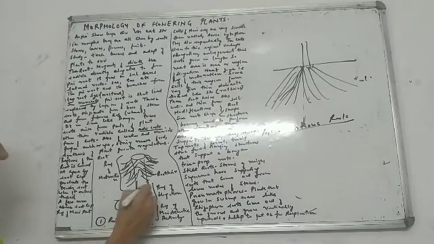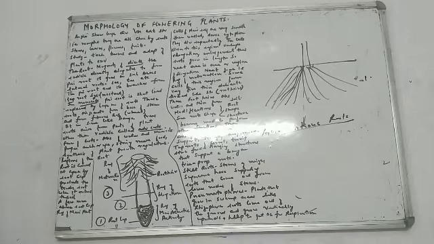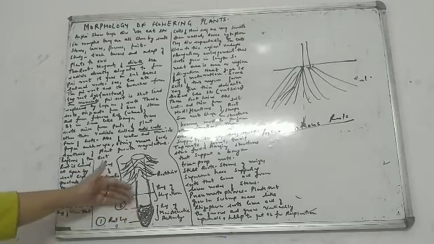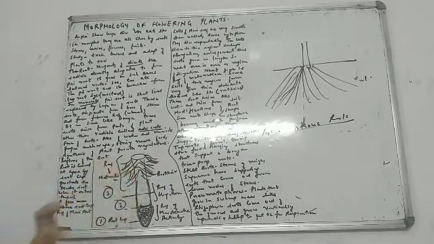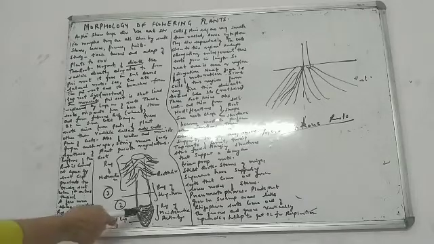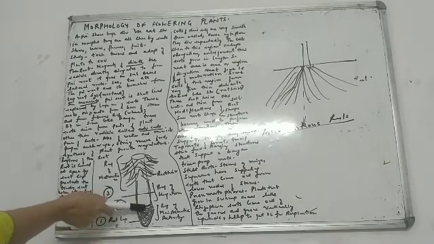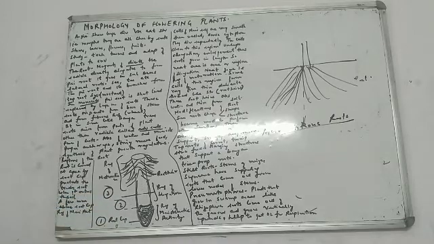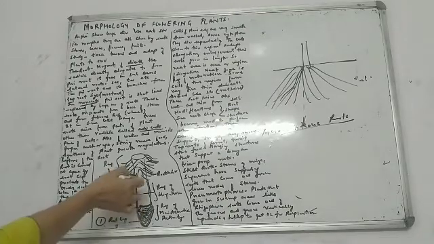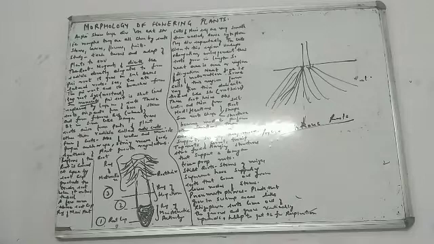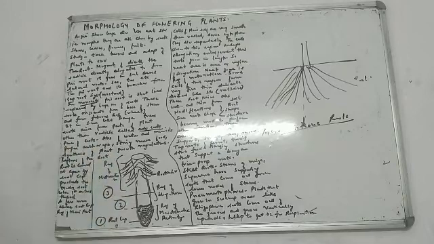Moving on to number 3 over here. This is the region of elongation. What is this area known as? Region of elongation. Just close to this region, those cells which are very close to the region of meristematic activity. See, this was the region of meristematic activity. The cells which are very close to it, what happens to them, beta? They start elongation or enlargement. They start elongating, they start becoming longer, larger. And it is because of this that the root increases in length. It is because of these cells enlarging and elongating that the root length also increases. So this area is called the region of elongation.